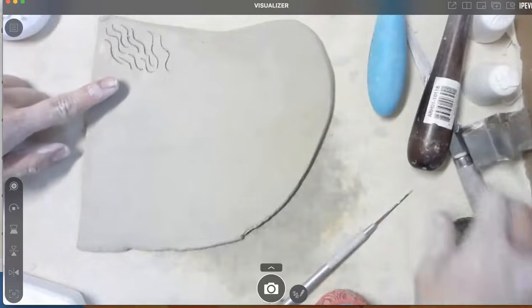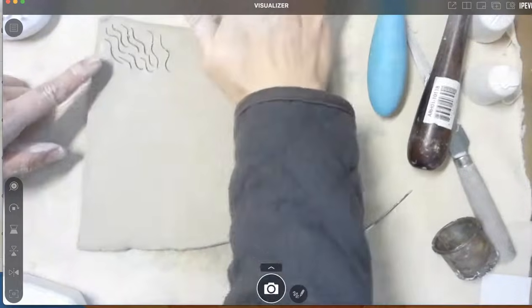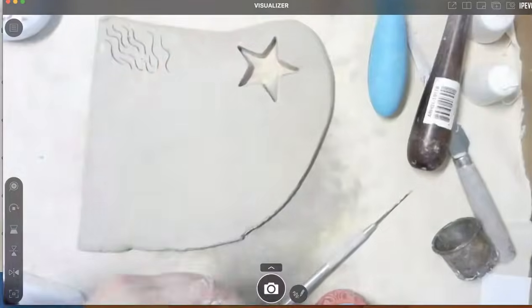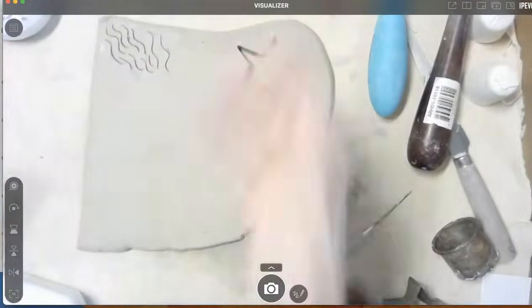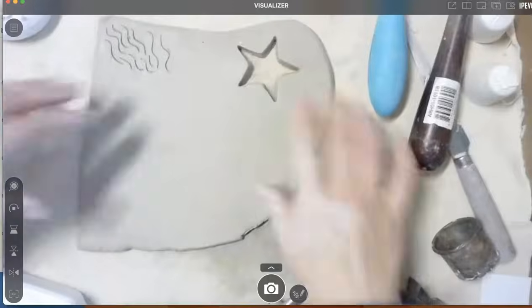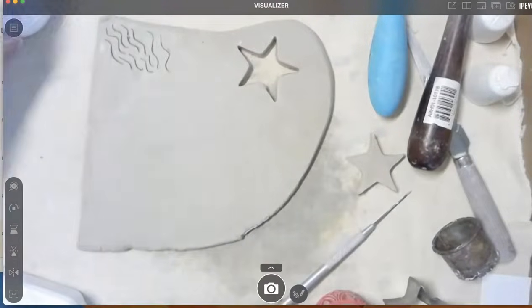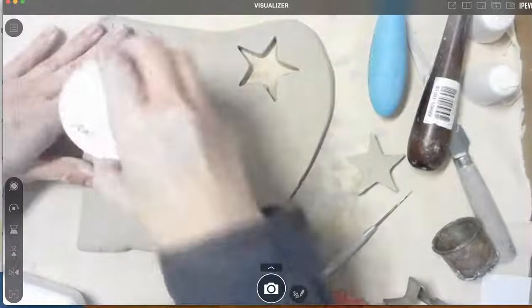For my piercings, perhaps I'm going to try using a cookie cutter. And I'm going to remove that clay, right? So there is my piercing right there. You only have to do one, okay? You don't have to do multiple piercings. You can always make it nice and clean. For the impression, let's say I'm going to use this leaf stamp.